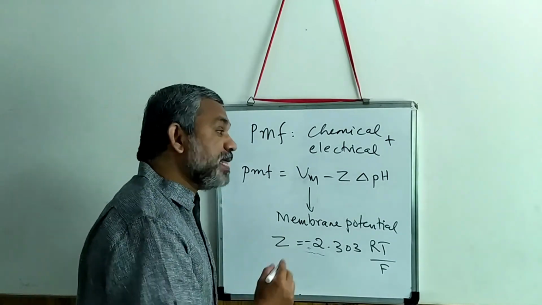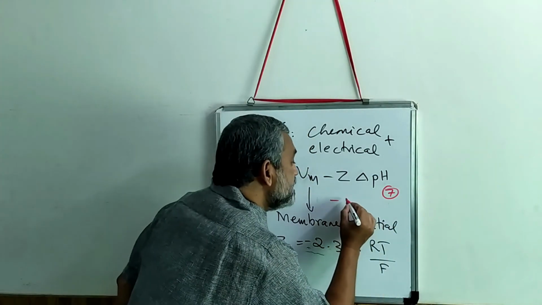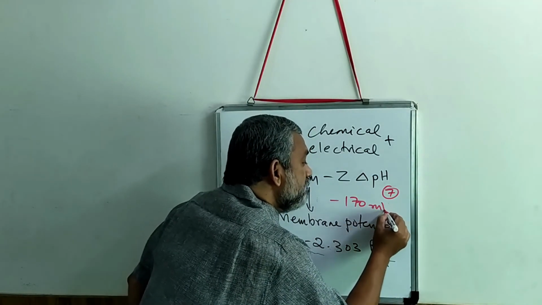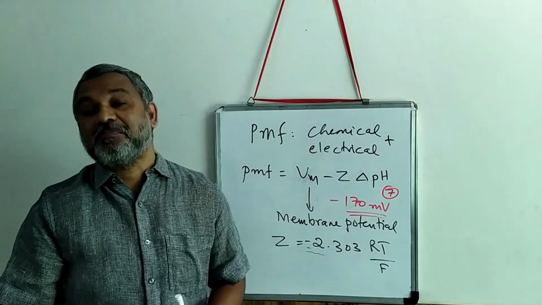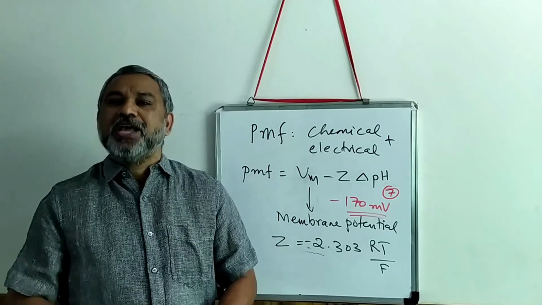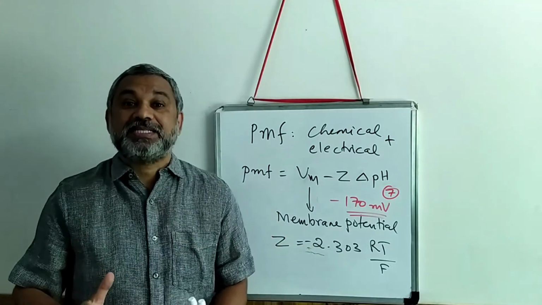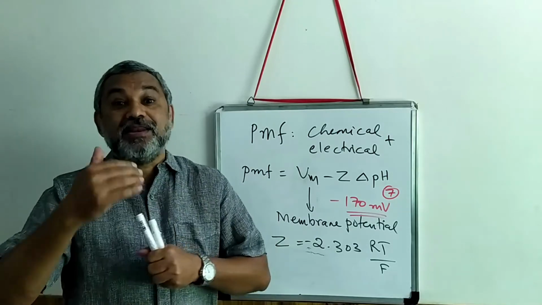It was calculated that for a pH change of 7, minus 170 millivolt is produced by the flagella in the transportation of protons. So these were some of the experiments carried out in order to understand the rotary nature of